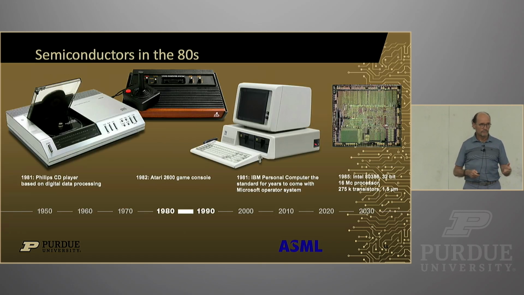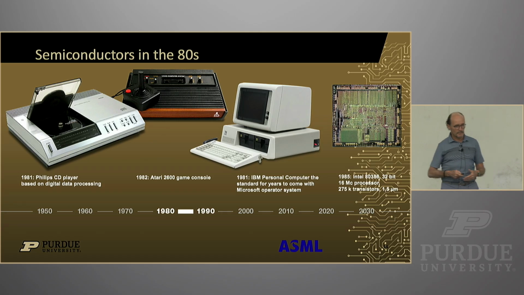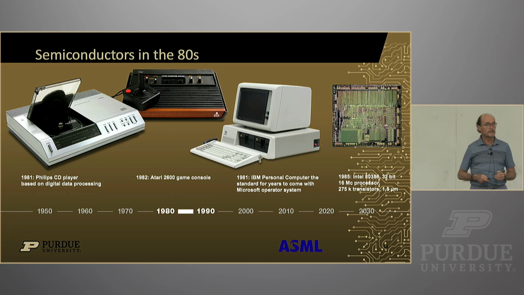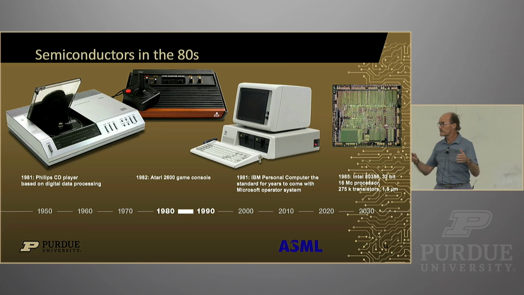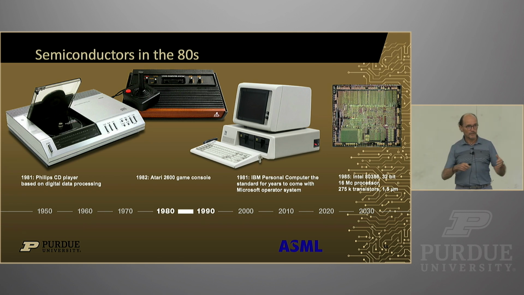With that, we, for the first time, were able to make a CD player. We had the first IBM personal computer. And we had the beginning of the 386, 486, 586 Pentium series of computers, chips that Intel made, all working with one and the same instruction set that got expanded more and more.